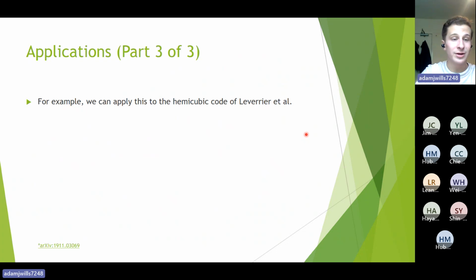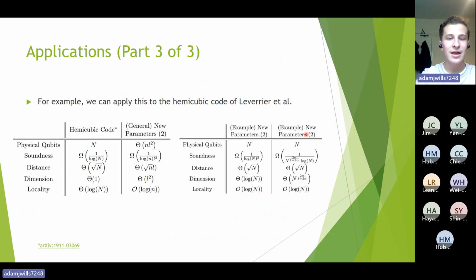And so the thing that we're going to apply this to show our remaining parameters that we obtain is going to be the hemicubic code mentioned earlier. So these were the parameters here. And then we do 2 distance balancings, one way, one the other way, with a good classical LDPC code of length L. And turning capital N into little n here, we obtain these parameters. This is the general collection that you obtain.